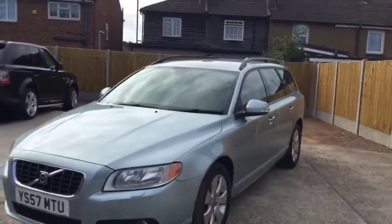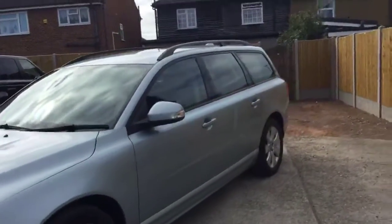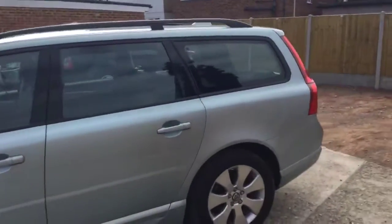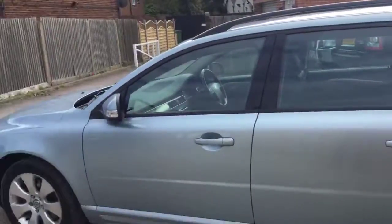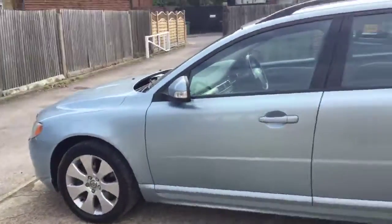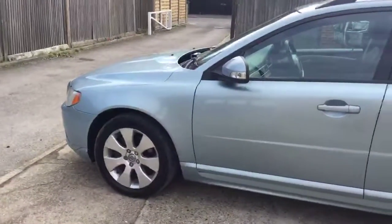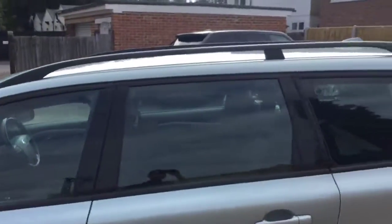Now available at McCarthy Cars, the 2008 Volvo V70 2.4 D5 turbo diesel with 185 horsepower. The vehicle is in metallic chameleon blue finish with 17-inch Volvo alloys. It's got roof rails,